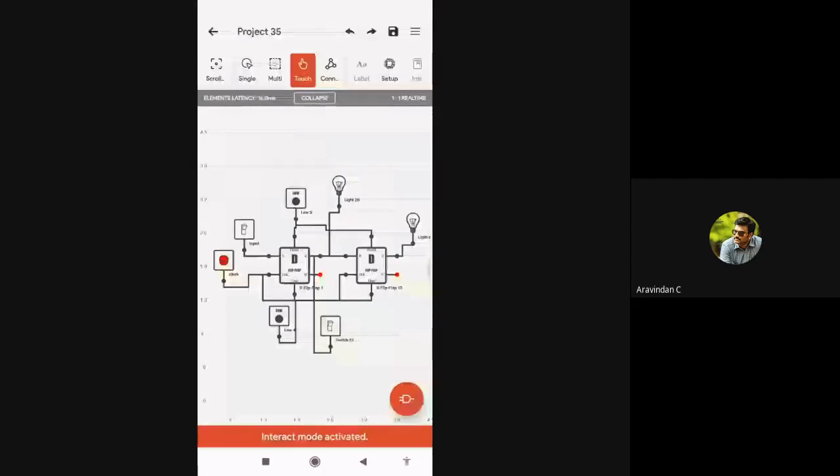Now I'm going to focus only on the first half of the circuit and leave the second one. In the first switch, I've given the input as 1. Is there any data transmission? No. When can the data transmission take place? When I press the clock pulse. So I'm going to press the clock pulse and see the output of the first one. It is in the high state. What about the second flip-flop? Is there any data transmission? No, sir. Why? There is no connection; the second input is 0, so the output is 0 now.